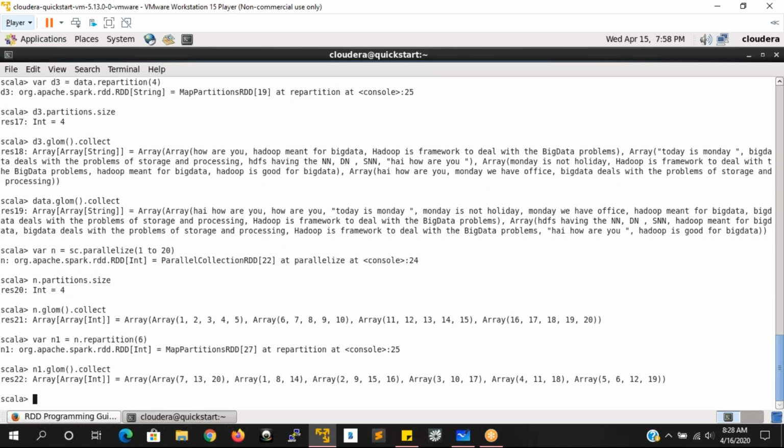See what is happening here. It is trying to balance all the records. First it starts with 3, 3, then 6, then 4 it has taken, then 3, then 3, then 4. But do you see the same sequence in which the data was available in your previous partitions? No. It is going to reshuffle all this data and balance that data across the number of partitions that we have created using the repartition.